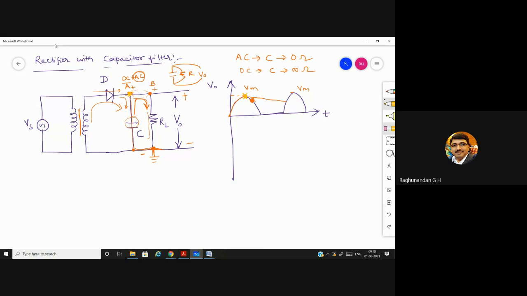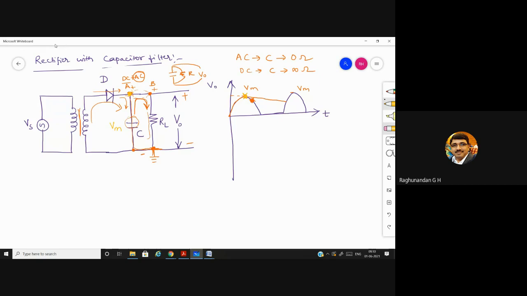After that, you can see this blue color line, that means the voltage at A is decreasing. The voltage at A is decreasing means during that time the capacitor is already charged to the peak value of Vm. I was telling that when the capacitor is charged to Vm and your output voltage is dropping down, coming down from Vm, during that time the capacitor will be at higher potential compared to the node A.